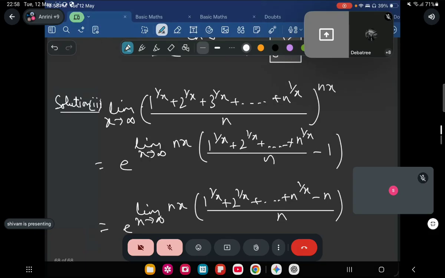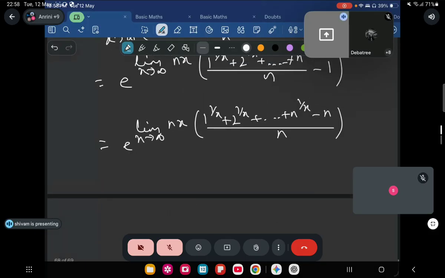So see, this n and n will get cancelled, and you are getting e to the power limit x tends to infinity x into, now see, you keep distributing one n with each and every term. So it can be converted as x into (1 to the power 1 by x minus 1